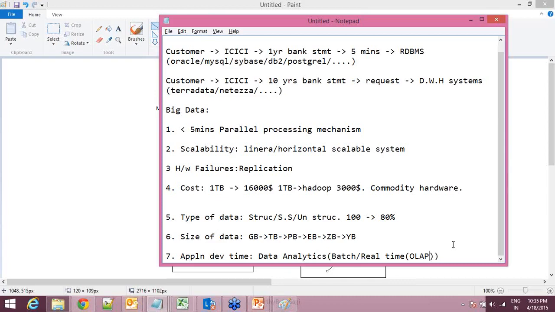Okay, so the decision should be taken just on the fly by processing some high volumes of data. That's what is expected from real-time analysis. They have to process some terabytes of data just within seconds and microseconds. So Hadoop has the capability to do both batch analytics and real-time analytics.